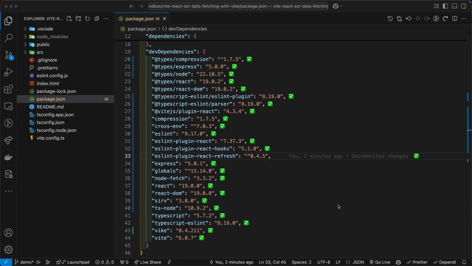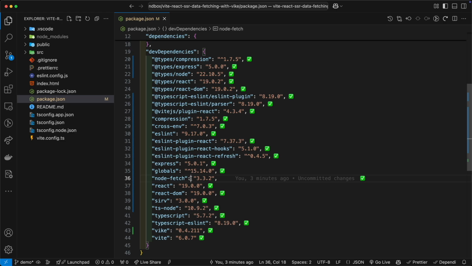The first thing I like to do is to install the necessary npm packages. Now, where I diverge from the Vike minimalistic installation, if you will, is that I will have linting. So therefore, I've added the packages to accomplish that end. Now, we have also installed packages that were abstracted for us in the Bati installation, but here we will have to install them ourselves. Of note is node-fetch